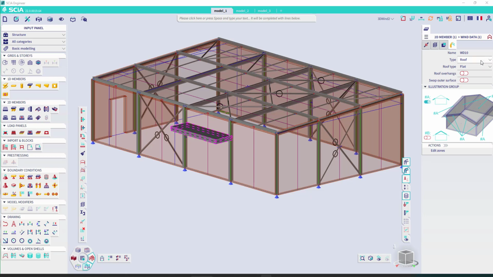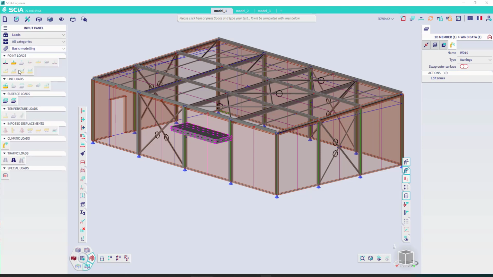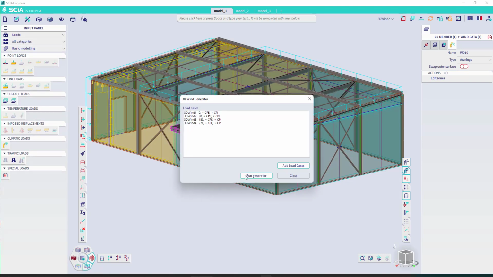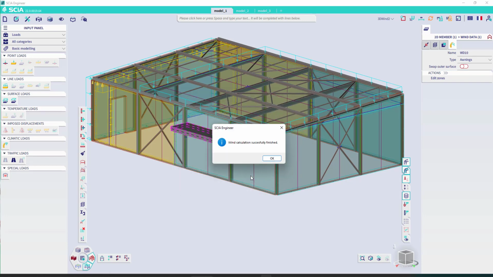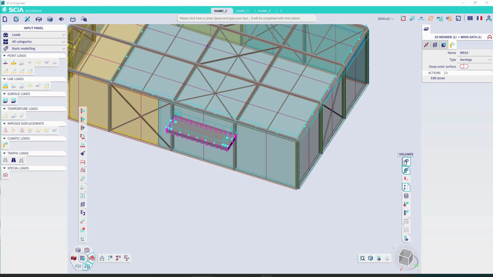I selected it as a roof. I say no, it's not a roof, for me it's an awning. It's done. What happens now? Simply, if I go again to the wind load generator without doing anything new, I click wind load generator. Wind calculation is finished. As you can see, the wind load has been generated again on this awning, and it